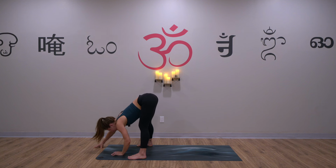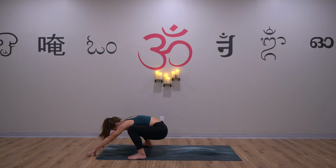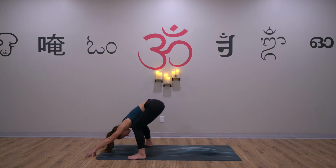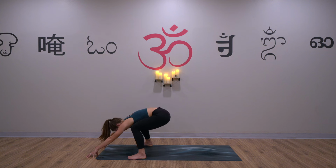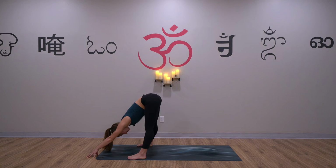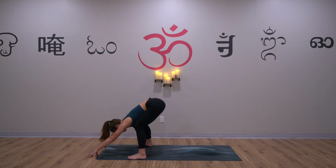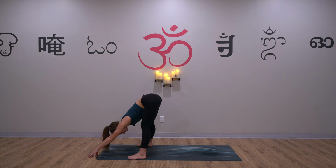Walk your fingers a little bit further forward, probably in front of your mat. I want you to bend your knees a lot, like you're gonna sit or rest your ribs on your thighs. Sit your butt close to the ground and then lift your hips. We're gonna do that a few times just to wake up the hamstrings. So again, bend the knees a lot, rest your ribs on your thighs. You can kind of look forward between the thumbs and then straighten the legs. Do that 2 more times. Bend deep and straighten. 1 more, bend your knees